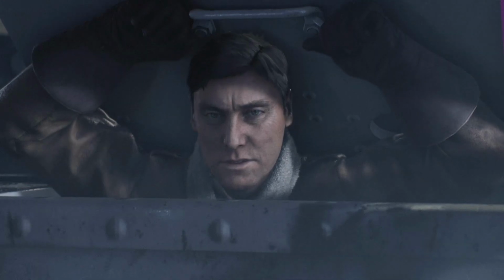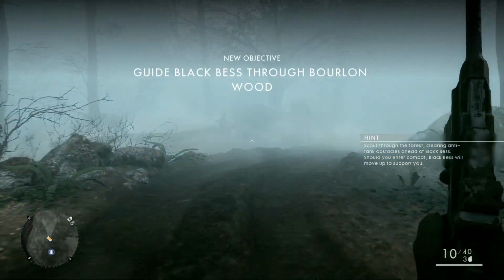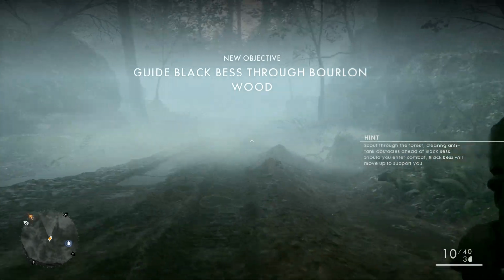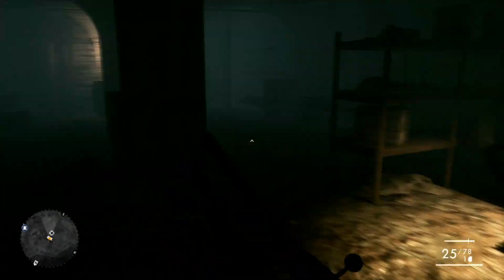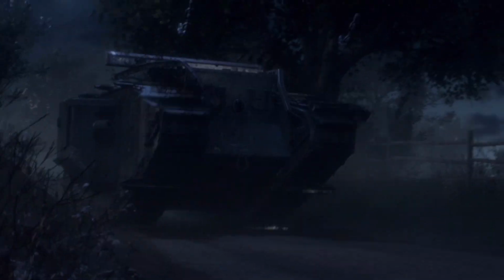But miraculously, the tank is able to survive the blast, so this leads to the crew starting Bess back up and then continuing on. However, Edwards is now tasked with leading the tank through Borland Wood since the area is too foggy to navigate. This section is pretty much Edwards going ahead and attacking camps, with Bess following up to finish the job. After this, Edwards returns to Bess, where we see them drive off to another area where it's